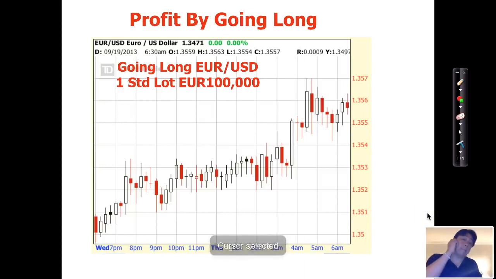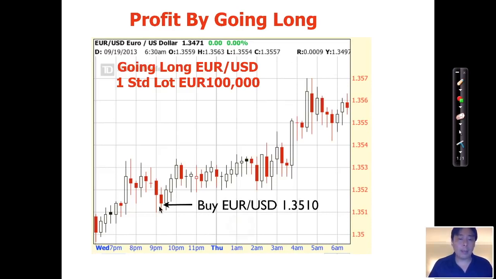So let's take a look at an example. So over here, you can see that this pair on the chart is a Euro USD. Okay. And say we believe that the Euro USD is going up. Okay, so when we say the Euro USD is going up, it means that the Euro is appreciating against the dollar. Or we say the dollar is depreciating against the Euro. So when we buy Euro USD, we are bullish on the Euro. We think the Euro is going up, and we think the US dollar is going down. So we go long on the Euro US dollar. Make sense? Okay?